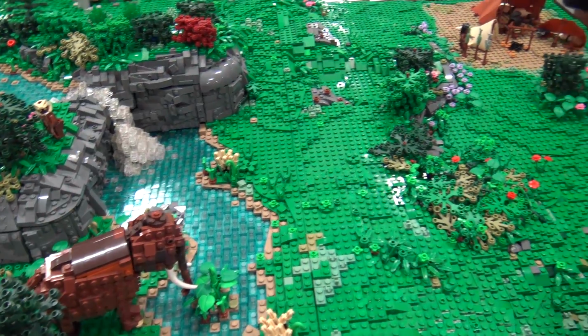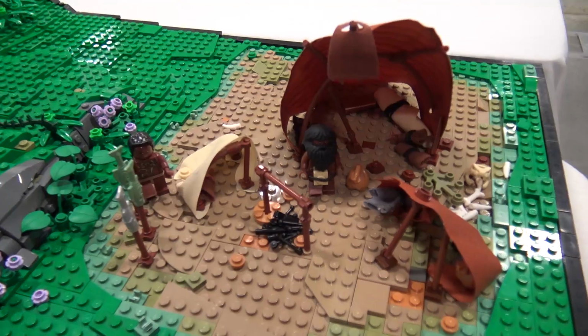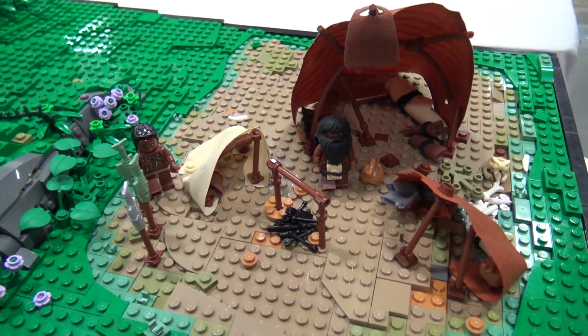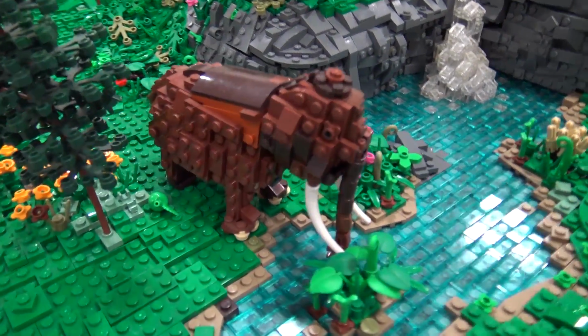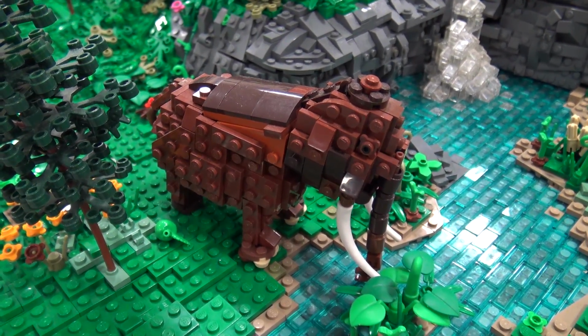So we had the idea. I'm not really sure what sparked it last year, but about BrickFair 2017, we were thinking something historical but more original, something farther back than most people have gone. So we went with a prehistoric idea. And we were digging through parts, and I found some pieces that I thought would look great on the Mammoth. So I actually made the Mammoth about a year ago, and the rest of the collab was kind of planned